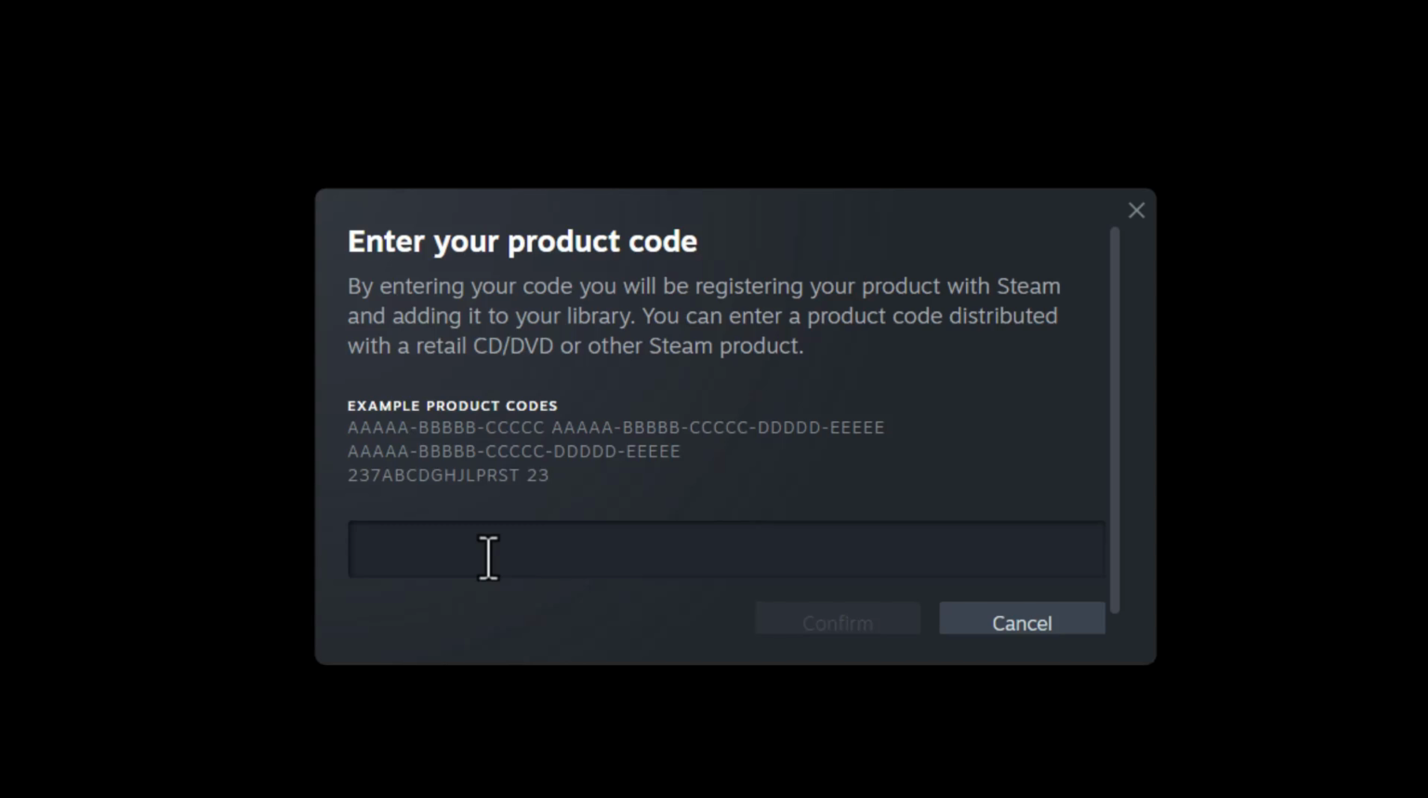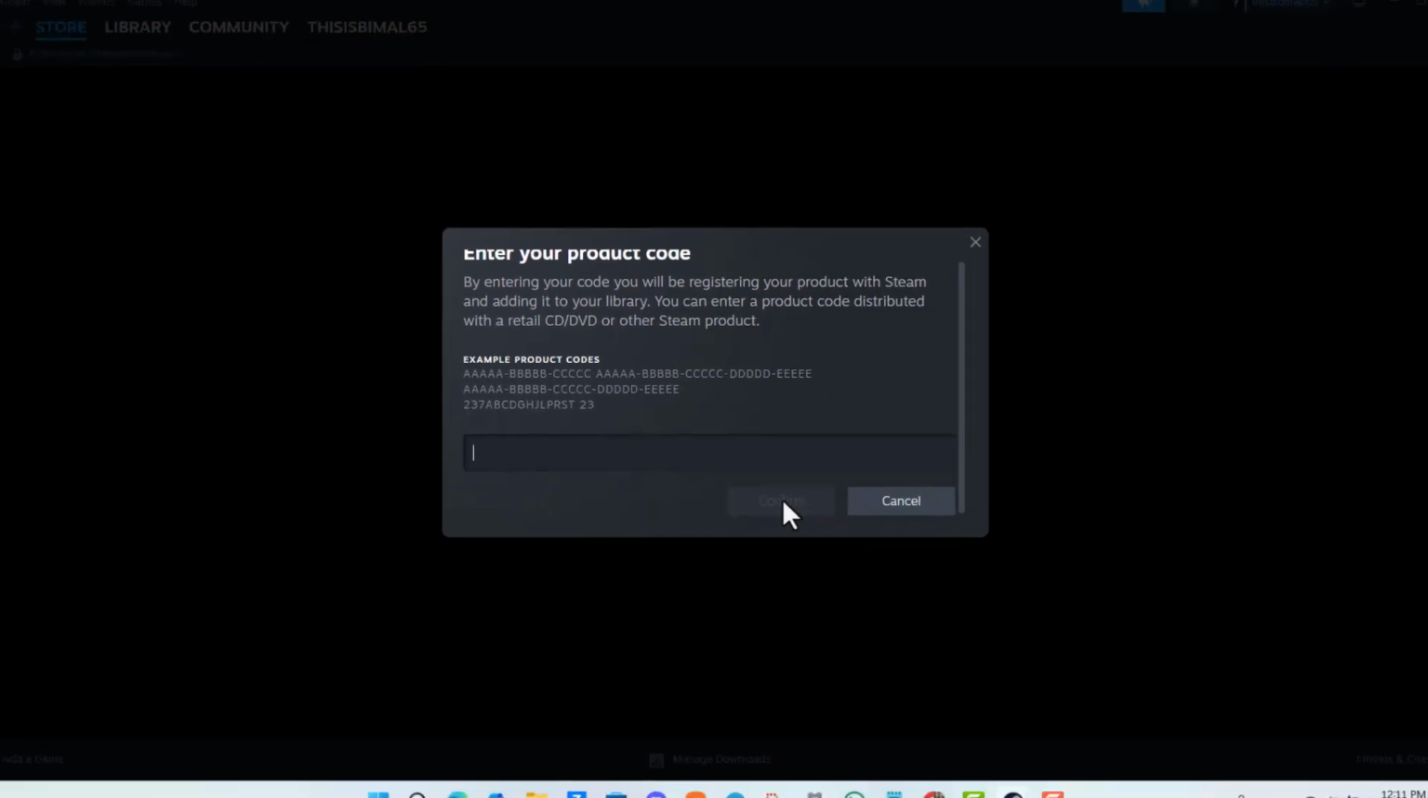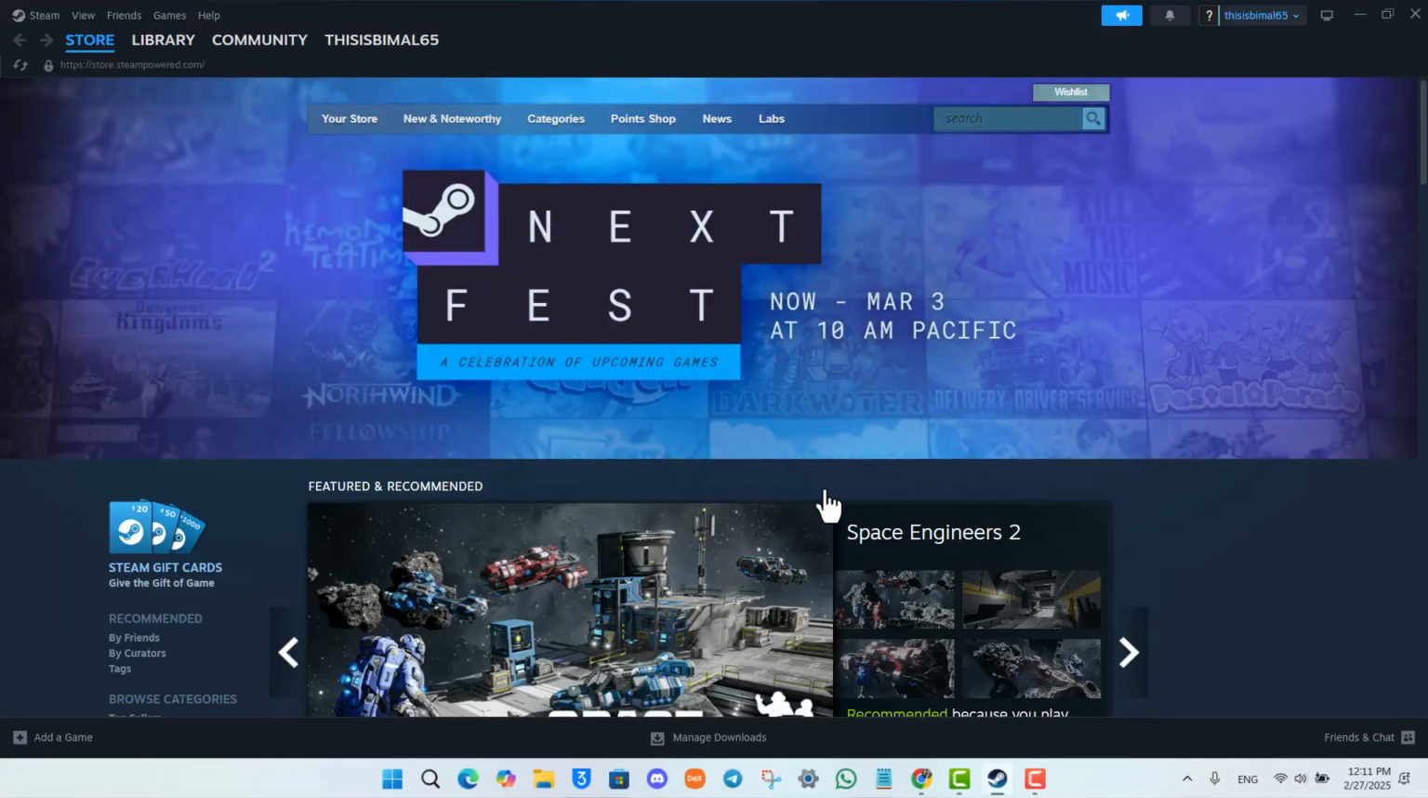You can enter a product code distributed with a retail CD or DVD or other Steam products. Simply enter your product code and then hit the confirm button, and then you'll be able to redeem your game